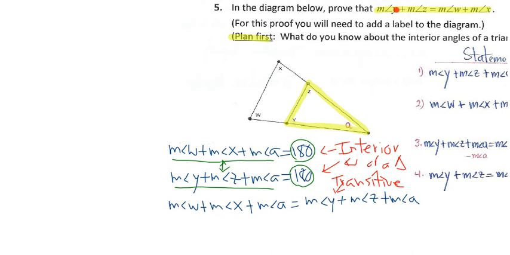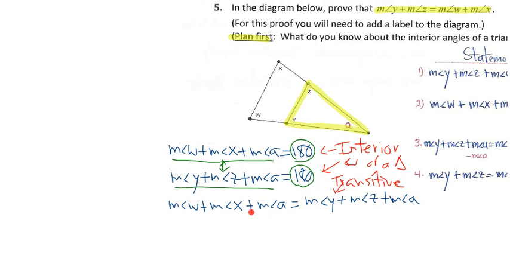We have angle Y and Z only on the other side, but we have this extra measure of angle A. And then we have angle W and X on the other side, which is only on the left side, but that's fine. So I need to get rid of this measure of angle A on both sides because that's extra here,